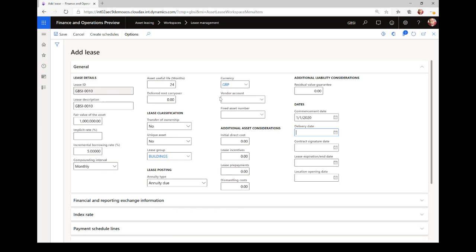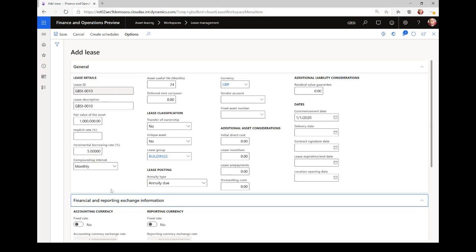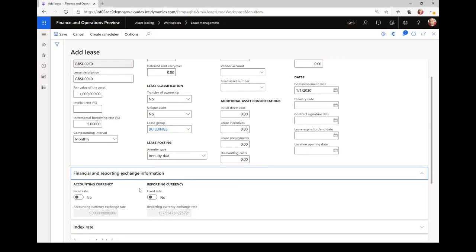Here, as I'm mentioning the currency, I would move to the financial and reporting currency exchange rate. Here we capture the exchange rate at the commencement date, and we can use the fixed rate feature if we want to change the exchange rate. The reason we are capturing the exchange rate